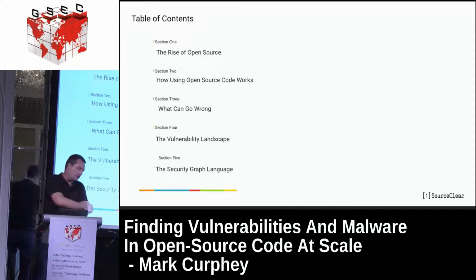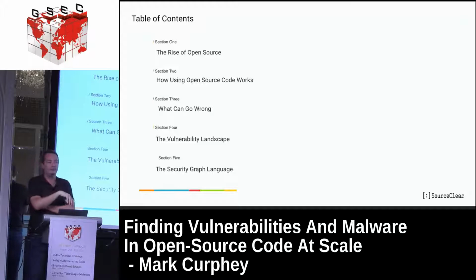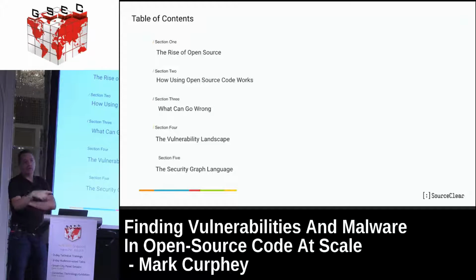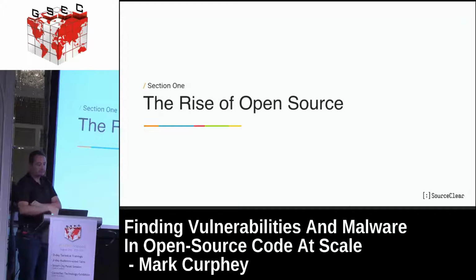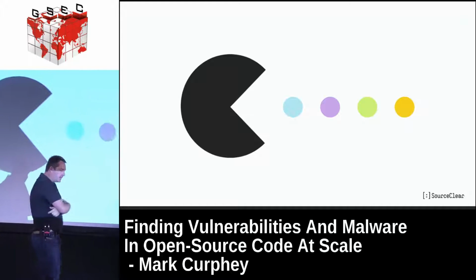And then we'll get to the crux of the talk, which is what we've built and what we're going to open source at the end of the year: a language to find vulnerabilities in open source code. It's a language that sits on top of our graph structure, and we'll walk through that. Asankhya then will come up and we'll demo it live. We'll run a whole bunch of queries and we'll find a whole bunch of things that have not been found before, so hopefully you'll see it. And at the end, you'll get to know how you can use it later in the year. So the first thing, and again, I'm just teeing stuff up.